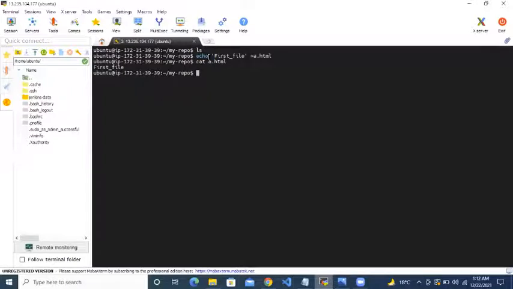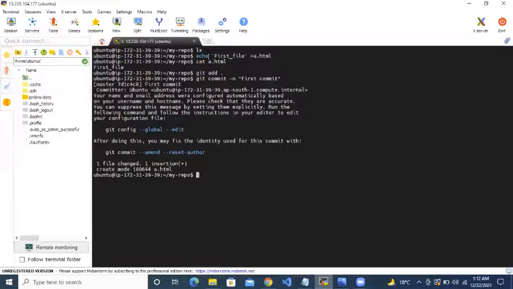Now I will add this new file using the git add command, then git commit -m "first commit".